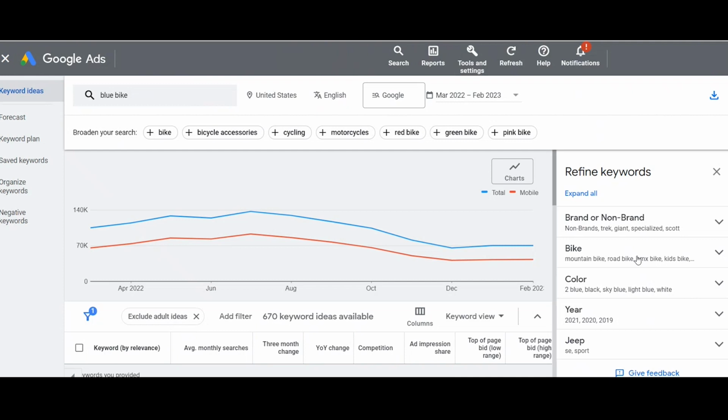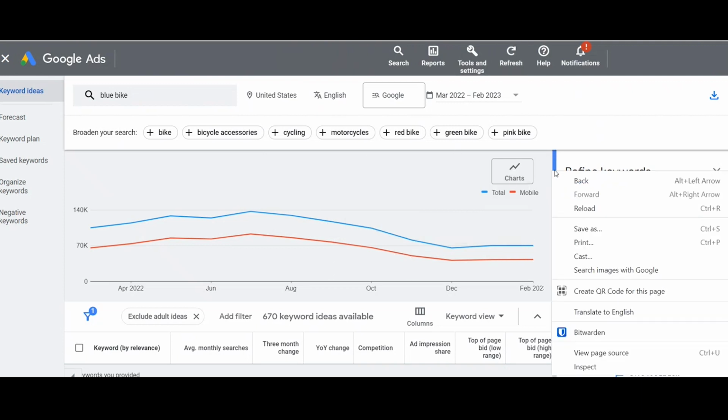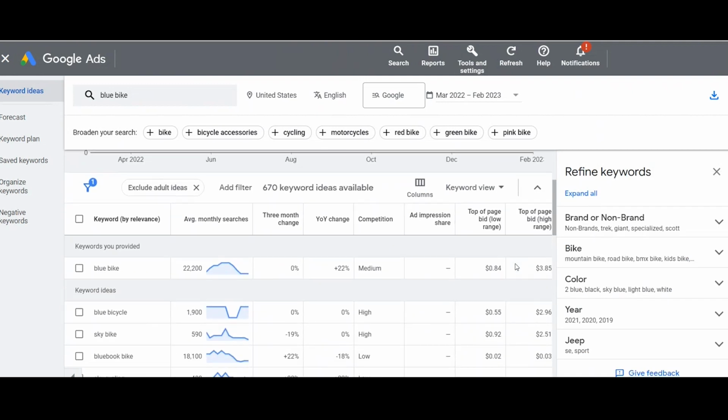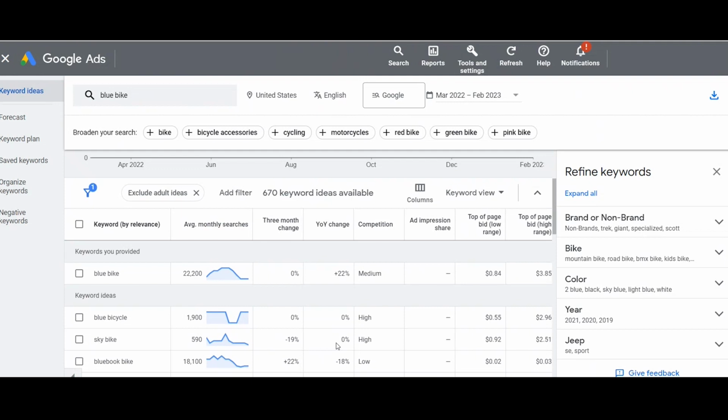You can see a bunch of different ways to refine your keywords. There's several different things you can do when you're doing some keyword research. It's going to default to the United States. So if you have a smaller target area, you'll want to adjust that targeting to make sure you get some relevant data. It's going to default to the past year. You want to make sure you have plenty of data to look through your keywords and make sure you're picking relevant ones. And then we can scroll down to see, first you'll see the keyword we provided, blue bike,